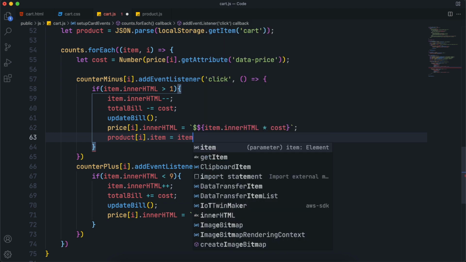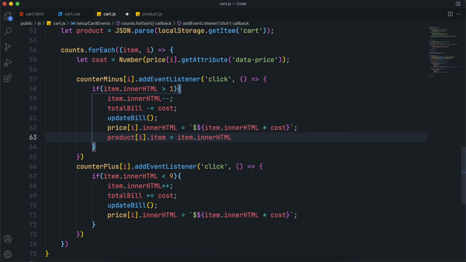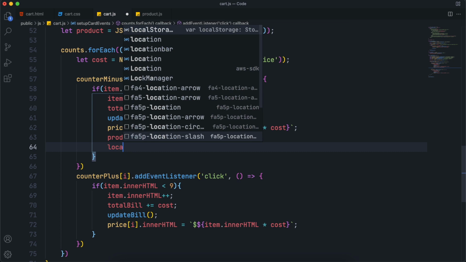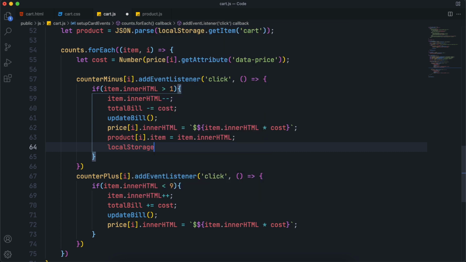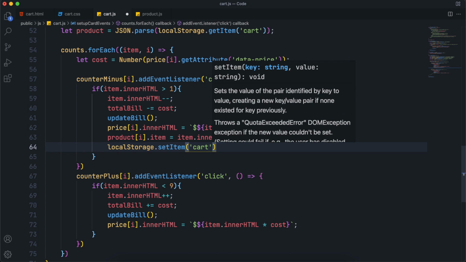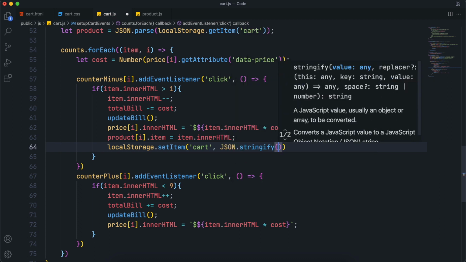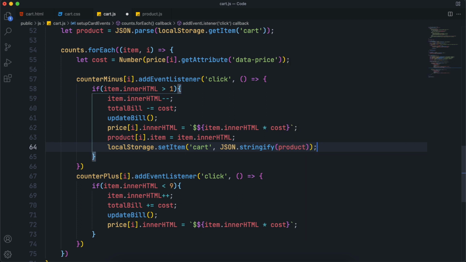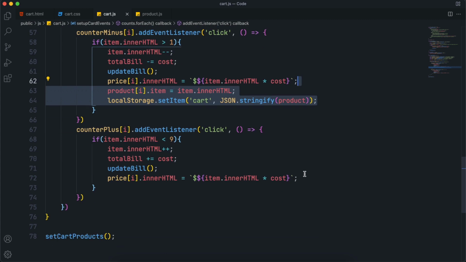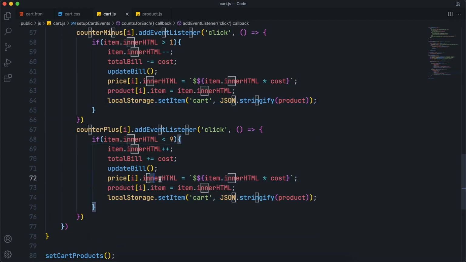So select its ith index of item and set it equal to the current item count, and then once we set that, set the product to the cart by using localStorage.setItem. And just copy these two lines and paste inside the plus event also, because this is the same.